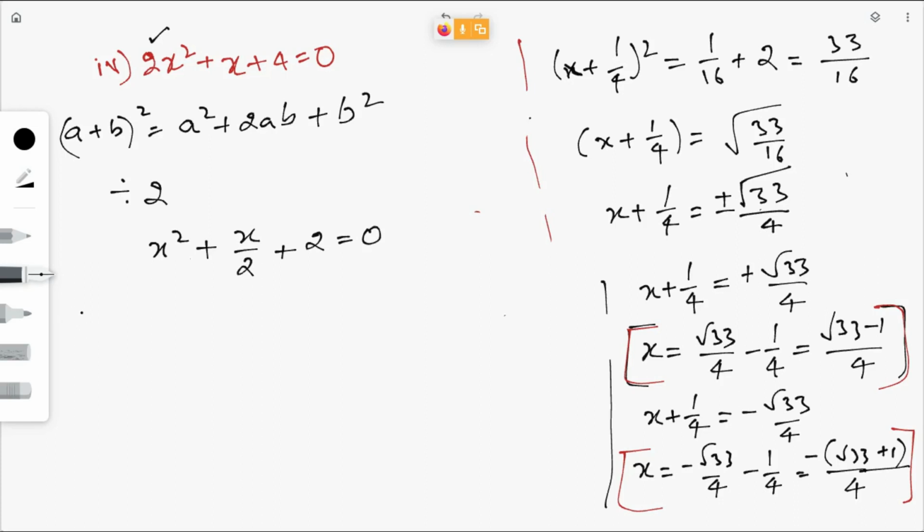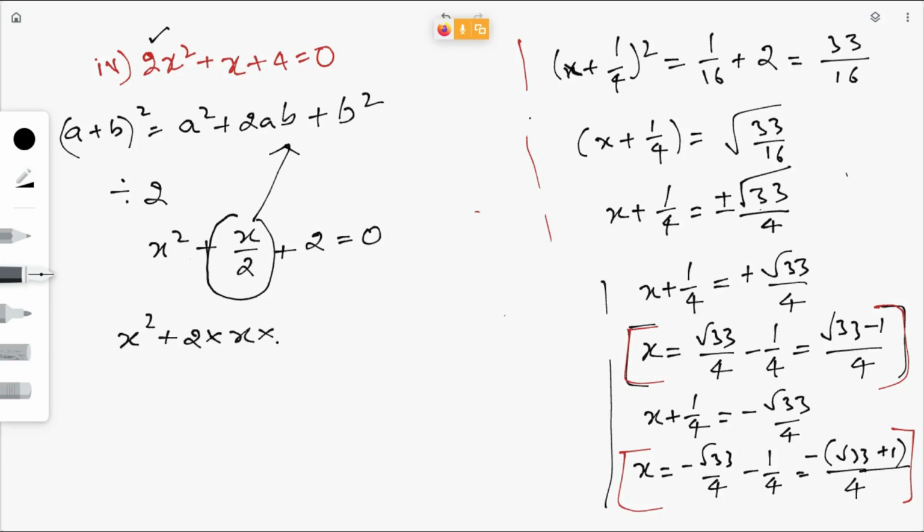All of you, listen here. Okay, any doubts in this step? No. Just divide the whole equation by 2. So you will get this one. After this, what is the next step? After this, you need to split this x by 2 into 2ab form. So what I will do? You will keep x square as it is. Now 2 as it is. What is your a? X as it is.